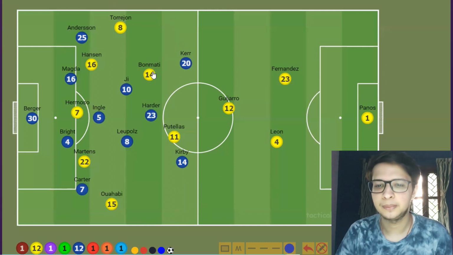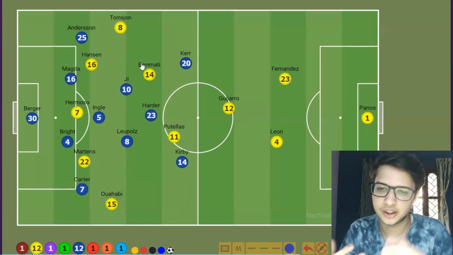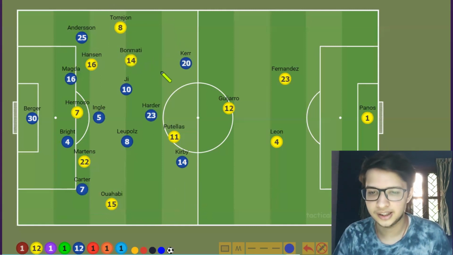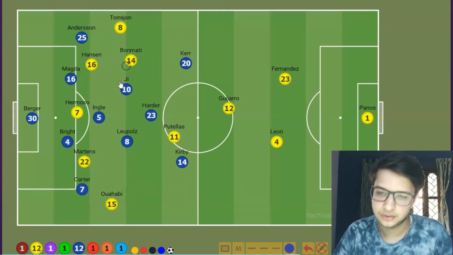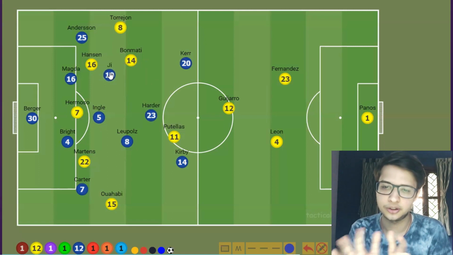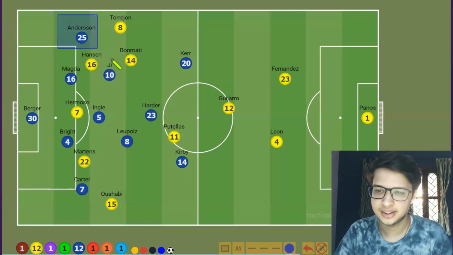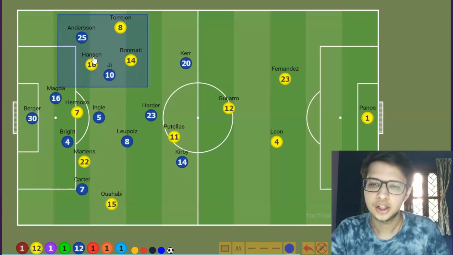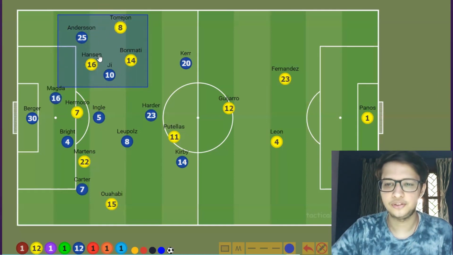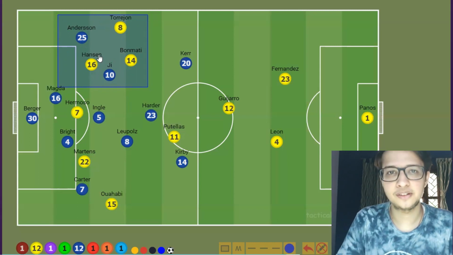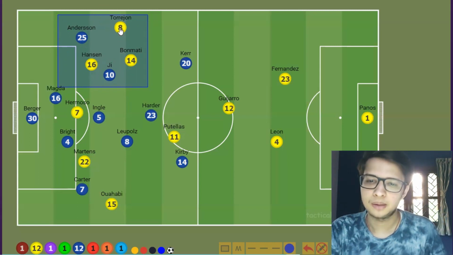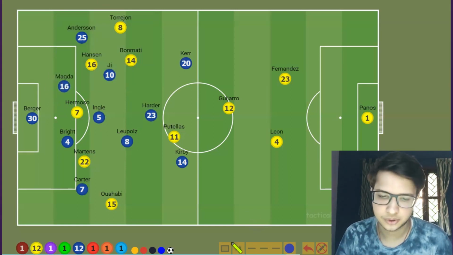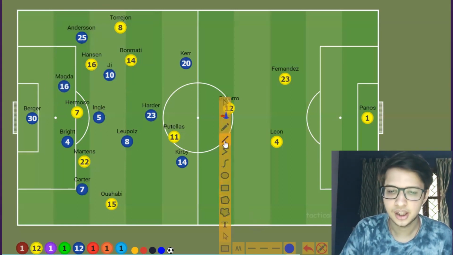Just to show you an example, if we're looking at the right hand side and Bonmatí joins Torrejón and Hansen while attacking, and even if Guro goes here to block those passes, you can still see this numerical advantage being formed, right? I'll remove Magda from here just for now. You can see a 2v3 being formed in favor of Barcelona, and this is what they will want to do throughout the game, right? Because what this 2v3 allows them to do is play those incisive passes,